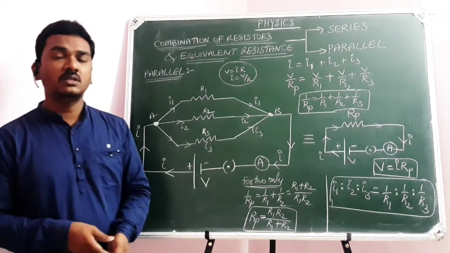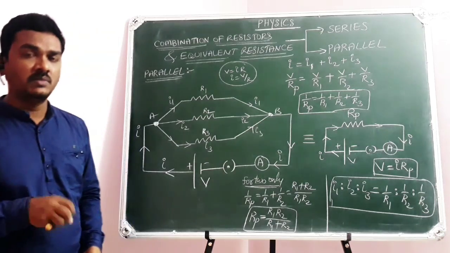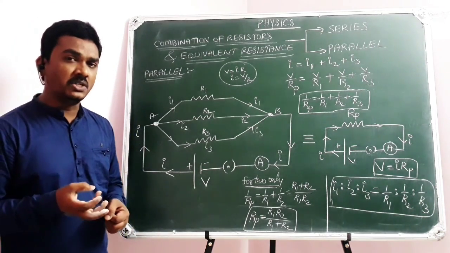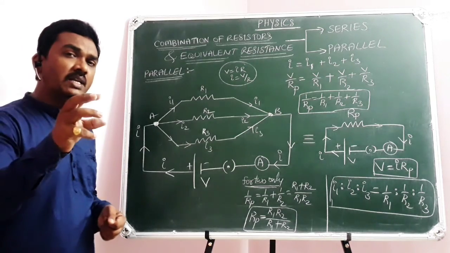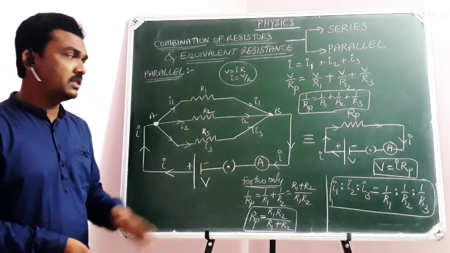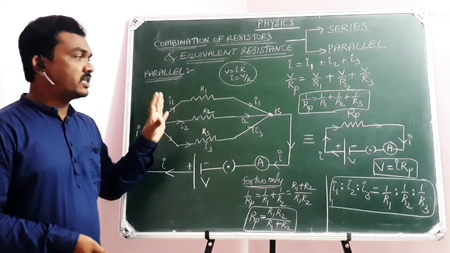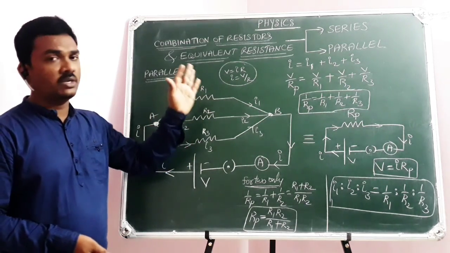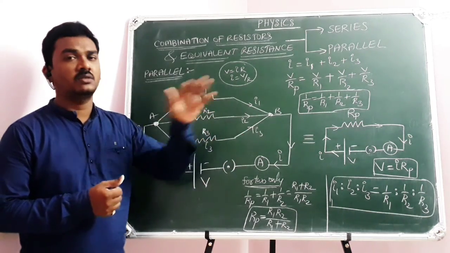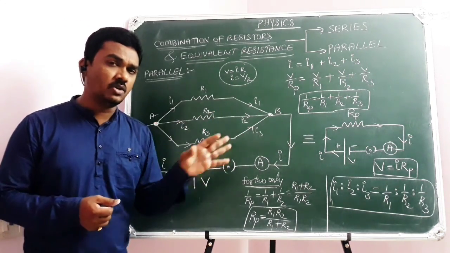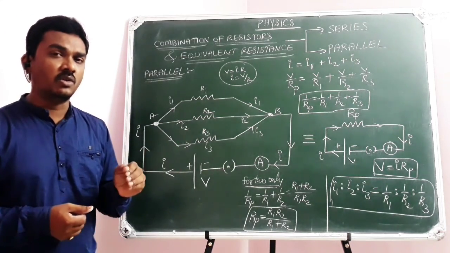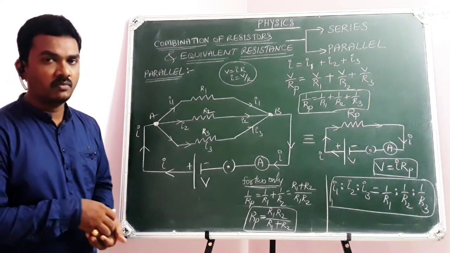Remember all these conclusions. While explaining some numerical problems in the next class, I am going to explain a few more numerical applications. Then you will get more clarity on series and parallel combination and in what way these techniques can be applied. This is just the explanation for series and parallel combination of resistors and the formula derivation of equivalent resistance. You get more clarity on these conceptual points once you have gone through a few numerical questions, which we are going to concentrate on completely in the next class. Fine? Take care.